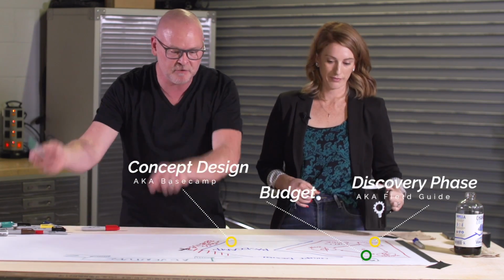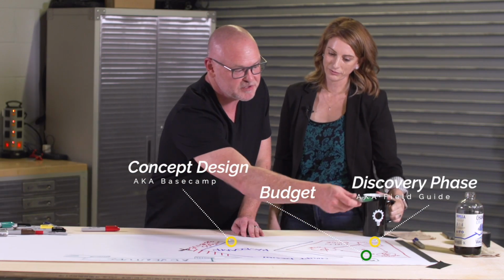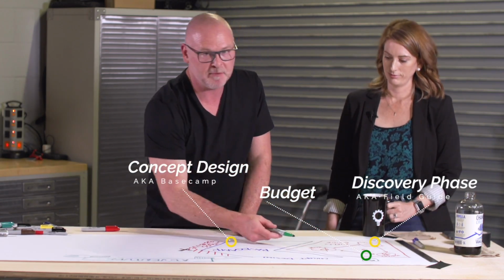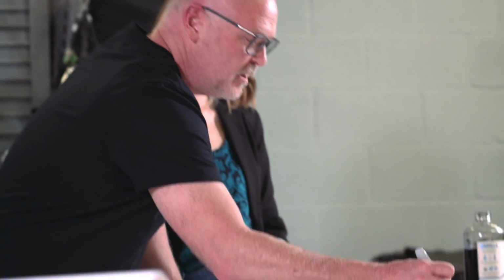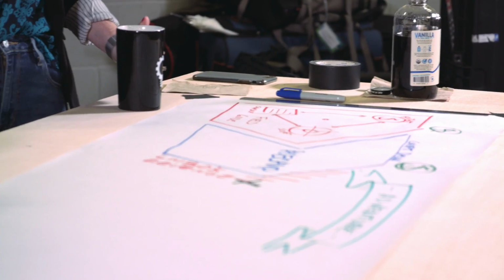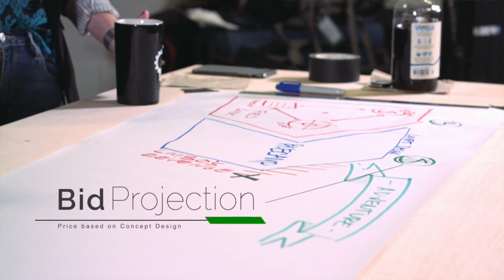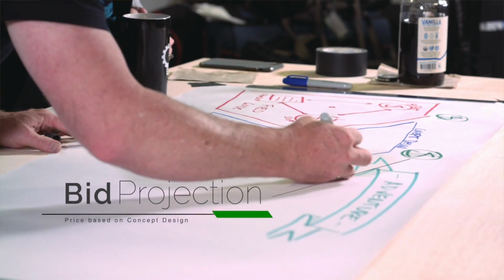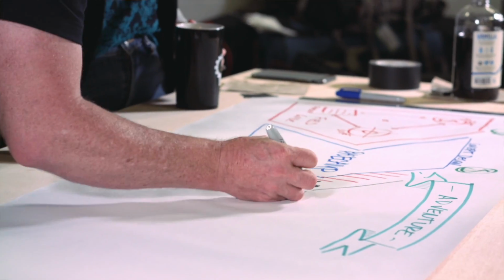Yep. So with design build, we bring our construction person in at the very beginning to prepare a budget, and then right here at concept stage, we put together another projection of what this thing's gonna cost, right? And then we go into this stage. What color? I'm gonna go gray. Okay. Is that good? This stage,